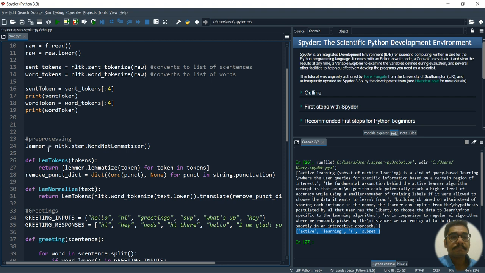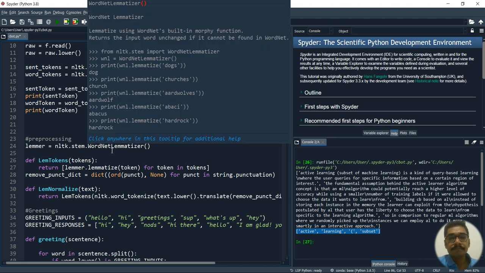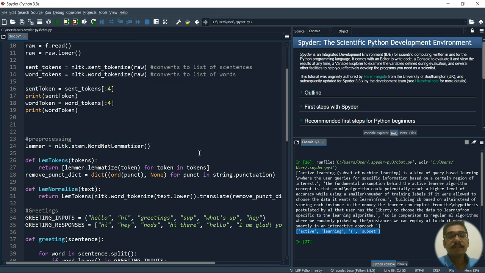In the NLTK toolkit, or the library, we have a class called WordNet Lemmatizer. Okay, so this is a class. From this class, I am creating an object lemmer. Then I'll have 2 different methods, that is lem tokens and lem normalize. Let's see what the definitions of these 2 methods are.